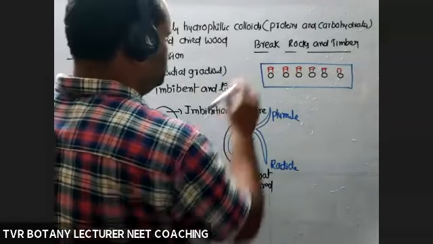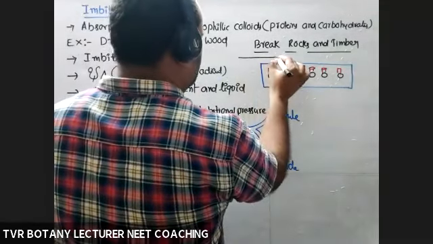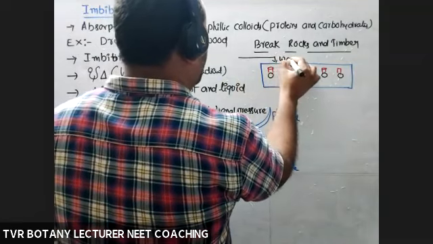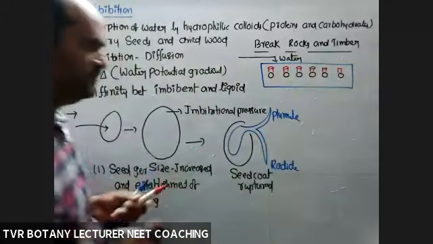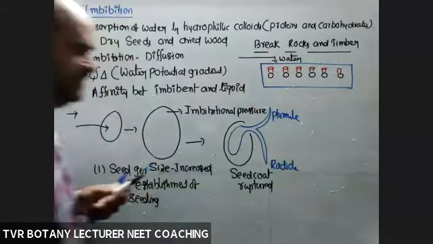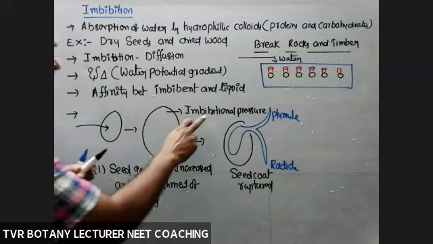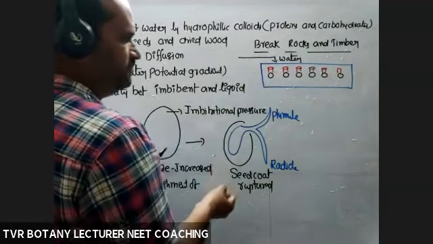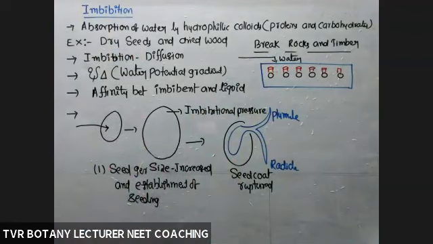Now it is gradually sprinkled with water; add some amount of water regularly. So definitely that water is absorbed by the dried wooden pieces, and it leads to what? Creation of imbibitional pressure, swelling of that wood. In the rainy season, what about a dried wood which is not properly painted? Definitely that is able to absorb water, so it will be very difficult to close the door. That is because of imbibition work.